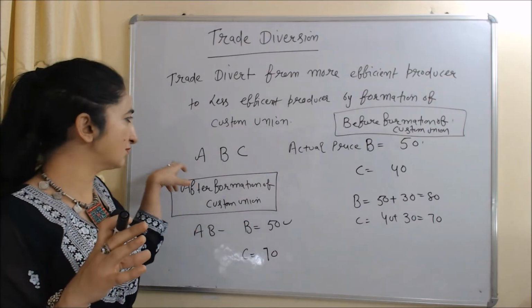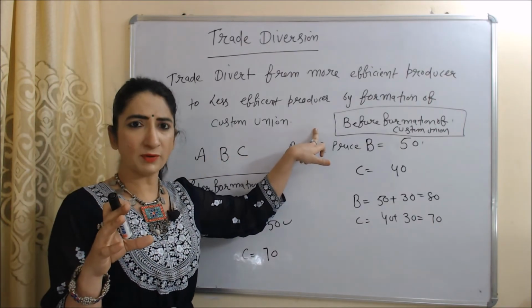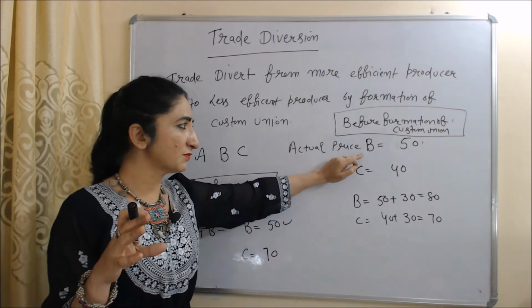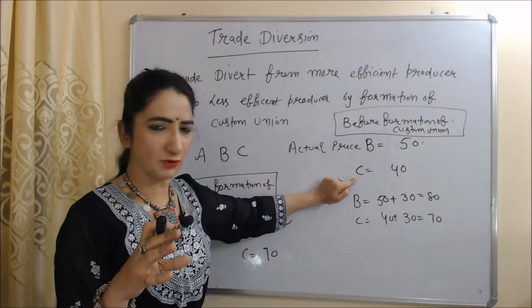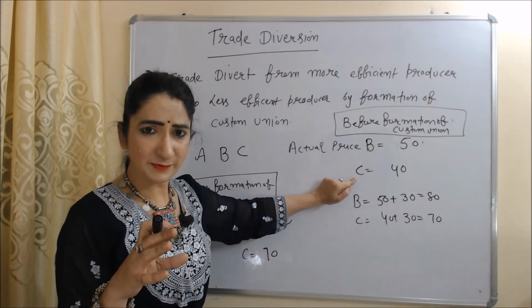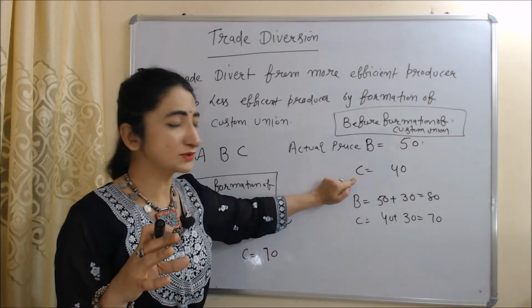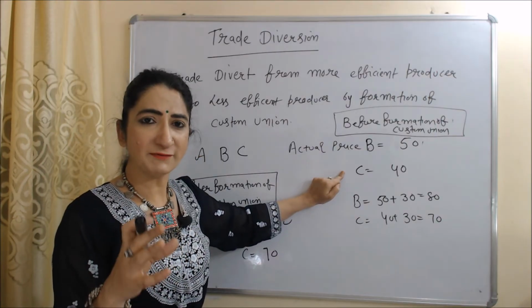For example, there are three countries A, B and C. First of all, we are going to talk about the situation before formation of the customs union. The actual price of B's product was 50 rupees and the price of C's product was 40 rupees. C has a lower price because C has lower cost. If C has less cost as compared to B, we can say that C is a more efficient producer